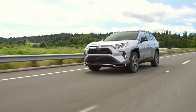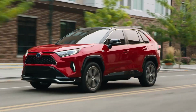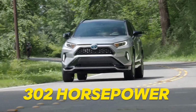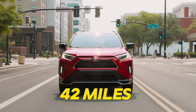Starting at number 7 is the Toyota RAV4. You'll never see a Toyota RAV4 and think that it's a sleeper car, but the RAV4 Prime plug-in hybrid is a real powerhouse. With a 2.5-liter 4-cylinder engine and 2 electric motors, it has 302 horsepower. This car can go from 0 to 60 miles per hour in 5.4 seconds and travel 42 miles on electric